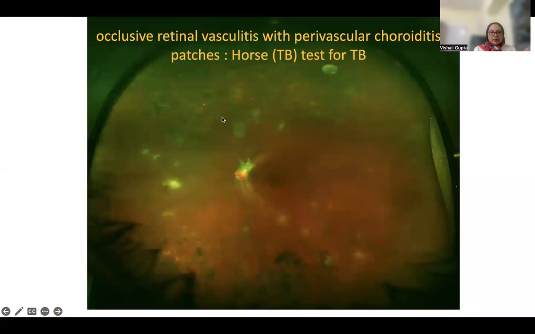The other phenotype is when you have occlusive retinal vasculitis and also choroiditis patches. That is a straightaway horse for TB, and the test is positive. Always consider it positive and treat with anti-TB treatment. Now, this is very typical, as you see here: vasculitis and the choroiditis patch, which is paravenous in